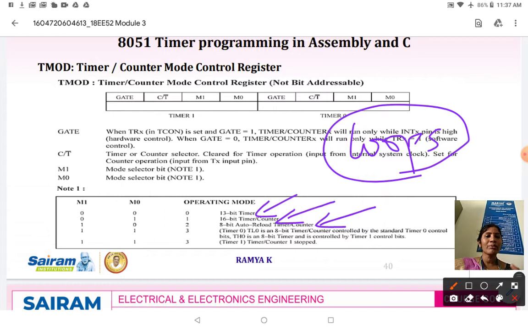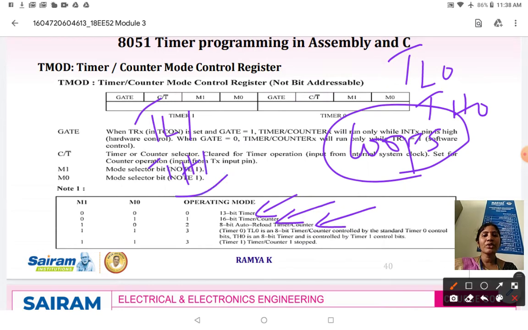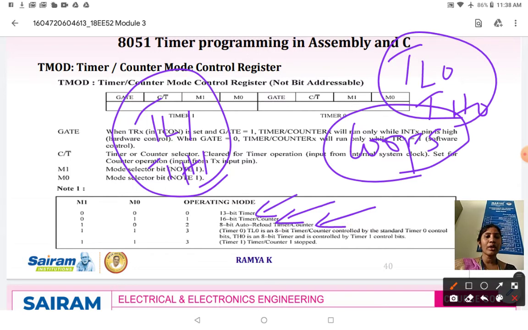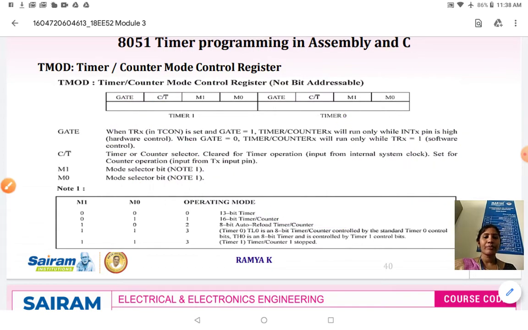Why? Because the program goes very lengthy. Whereas in the case of a timer, by loading the timer registers, that is TL0 TH0 or TL1 TH1, with the proper value, it is possible for us to generate a longer time delay. So only for this reason we are going for 8051 timer programming in assembly and C.